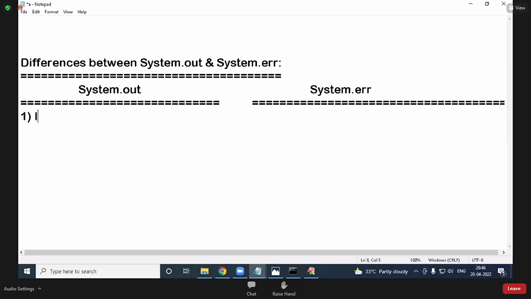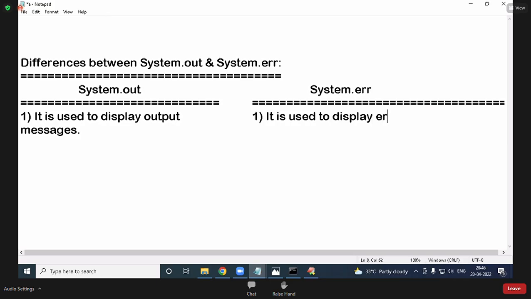First difference: System.out is used to display output messages. Only two differences are there. System.err is used to display error messages.